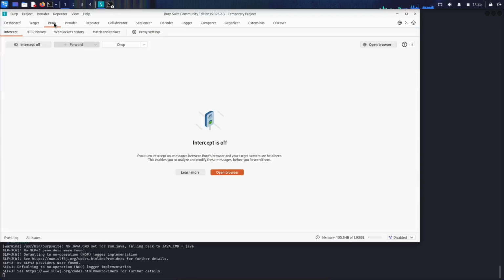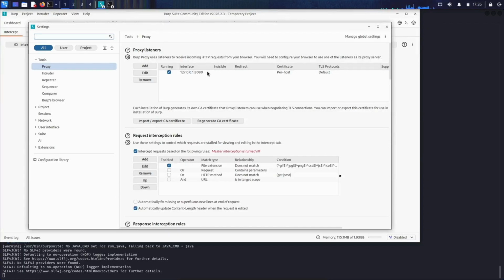Open the proxy and options to check the IP and ports, and then use the Firefox